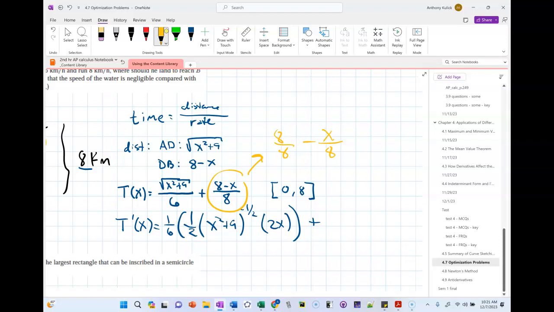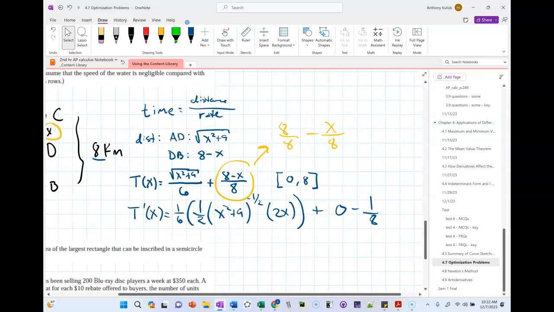What's the derivative of 8/8? 0. What's the derivative of x over 8? 1/8, right? And because there's a negative sign in front of it. Okay. We need to,